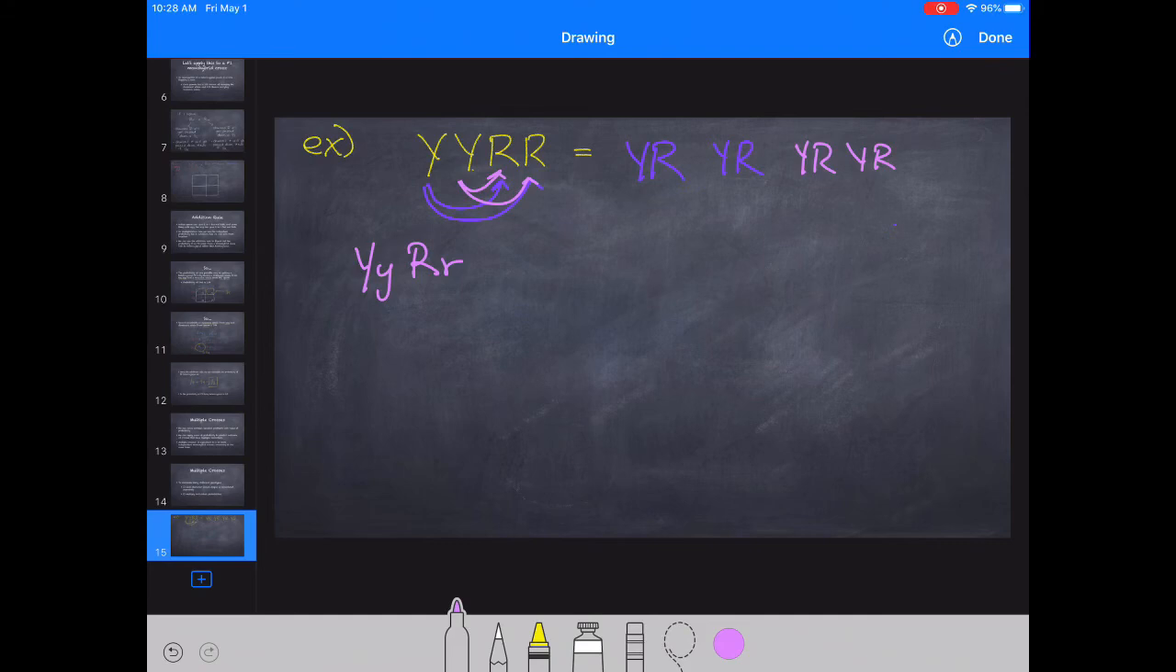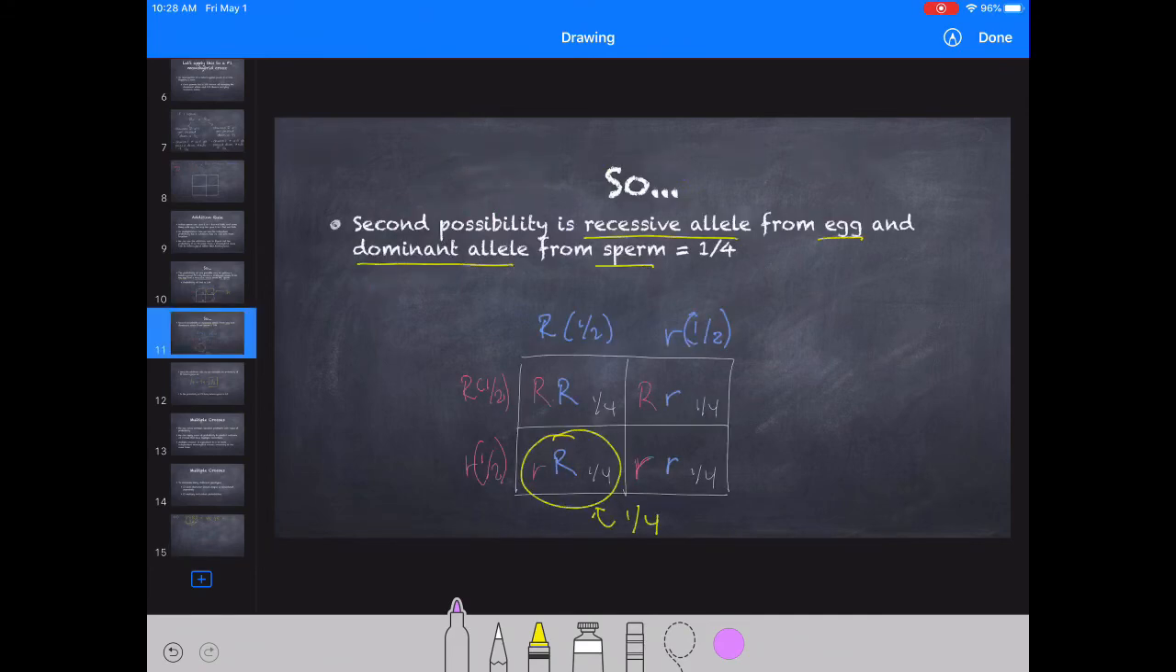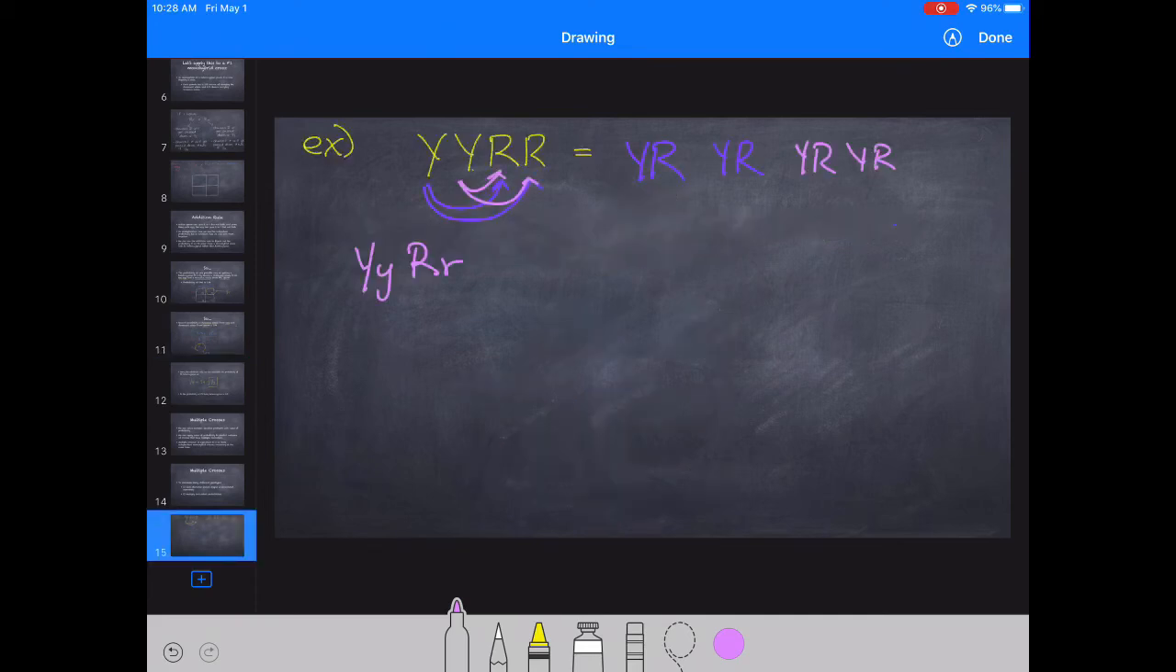And the way that I'm going to do that is by pretty much doing what I did over here, which is I took the R's and I split them apart because I'm saying that each R has a probability of 50-50 from the egg or the sperm. So we're going to do the same thing here. So if I take a Punnett square,